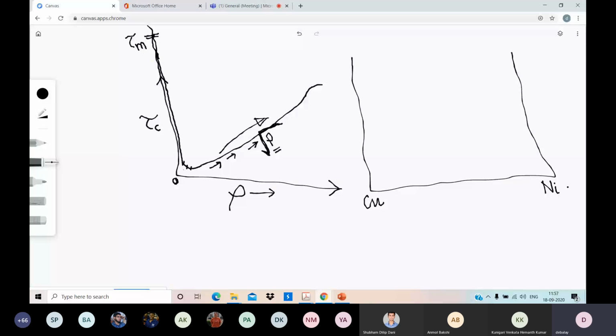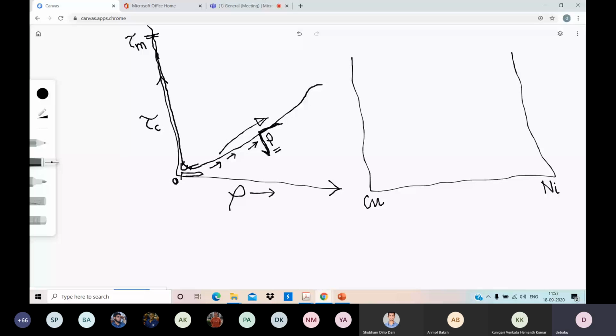Now, I am not saying that this portion will always be like this. It may be that with one dislocation, the dislocation moves very easily, so the curve can be at a minimum and then rise. But when the dislocation density is low, dislocation movement is very easy because there is no interaction between dislocations.